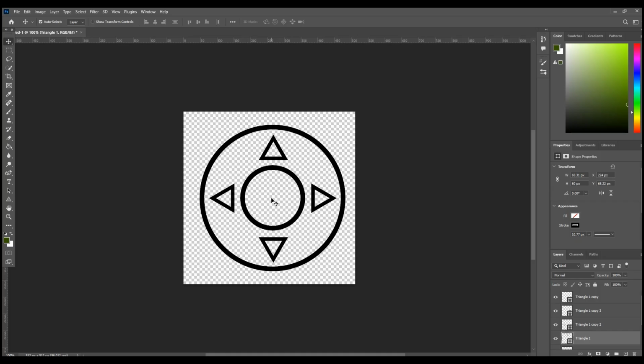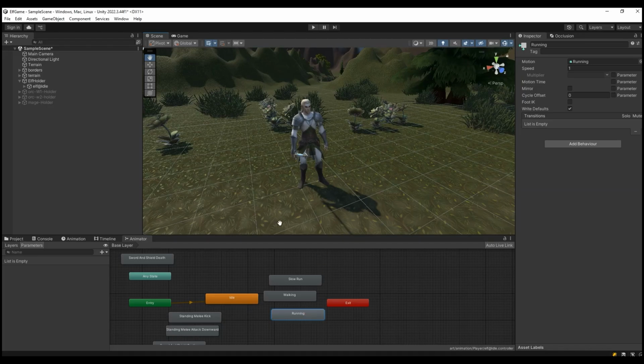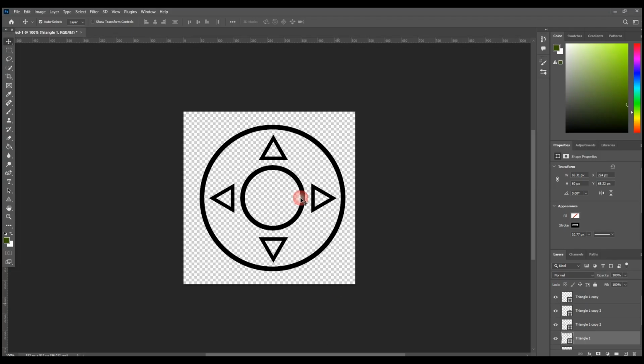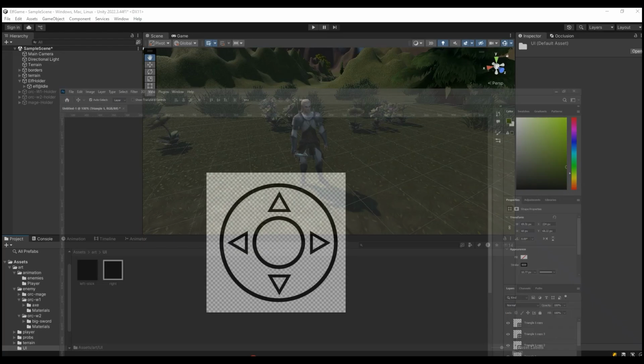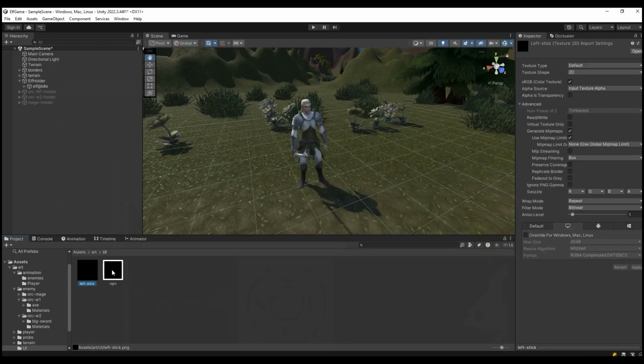One of them is for movement and would be put on the left side of the screen, and one is for the camera look, which you put on the right side of the screen. For example, you don't need to add this triangle; you can have something like that and use some arrows to say, okay, this is for rotating the camera. I brought those pictures that I exported as PNG and brought them here, but now they look